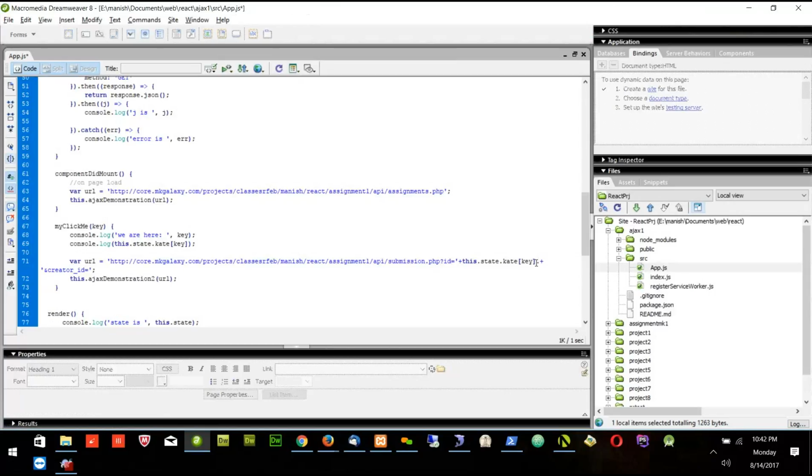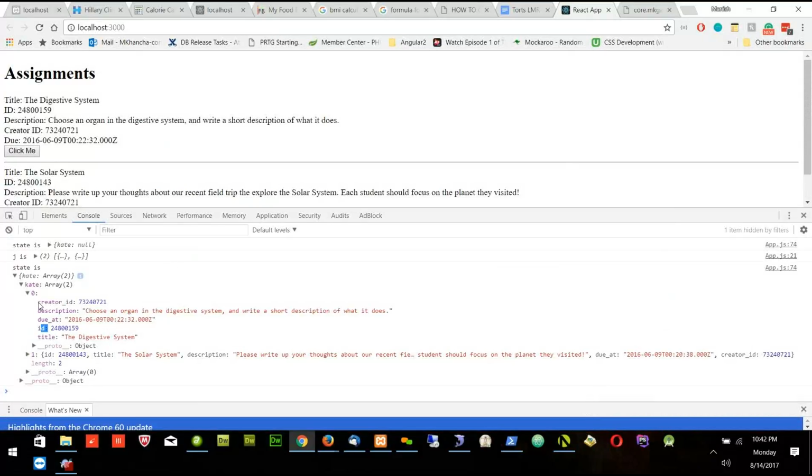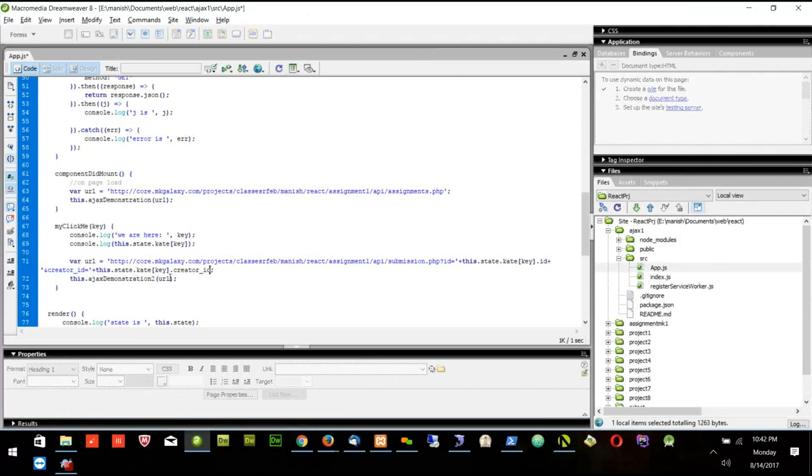Dot ID. And if I want to get the creator ID, what should I say? Dot creatorId. So this is the URL I want to pass into the second one,